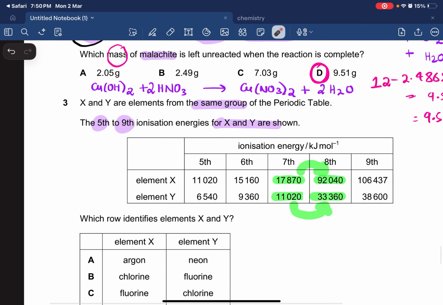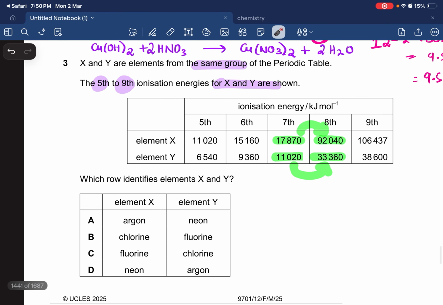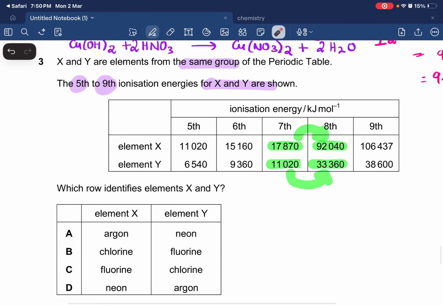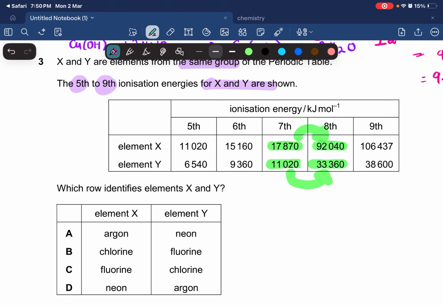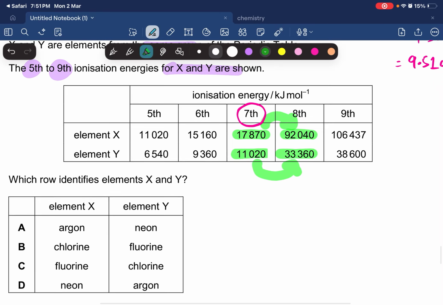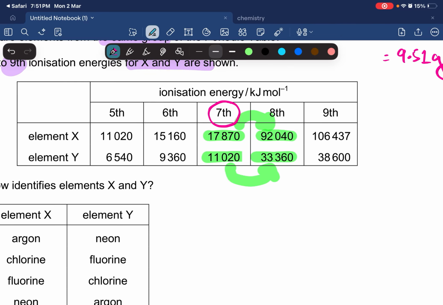Which row identifies elements X and Y? So now I know that firstly they're both going to belong to the same group. So I cut out the options that have different groups, like argon and neon. And I know they're going to be in the seventh group. Why? Because the big jump is from 7th to 8th ionization energy, which means that the last shell has